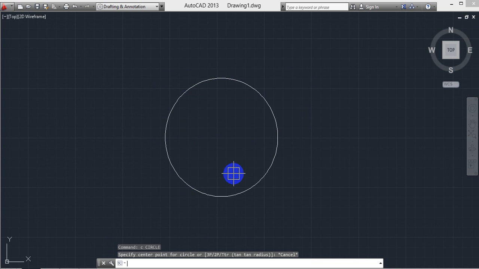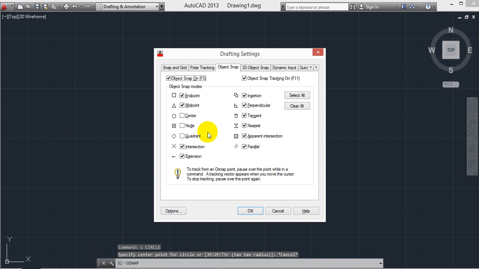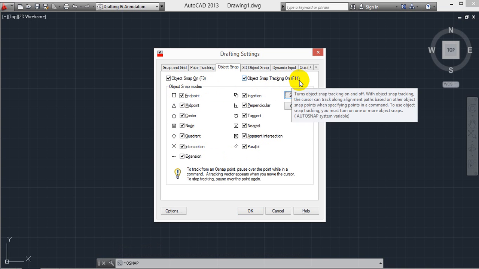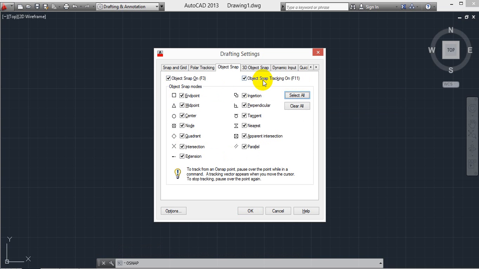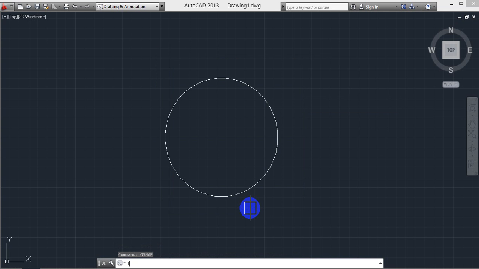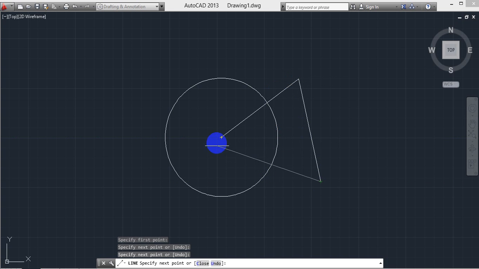Again go for OSN, enter. Select center, node and quadrant, or else select all. Object snap is F3 and object snap tracking is F11. Select OK. Again L, enter, or circle, rectangle. We can easily see the center points here also.